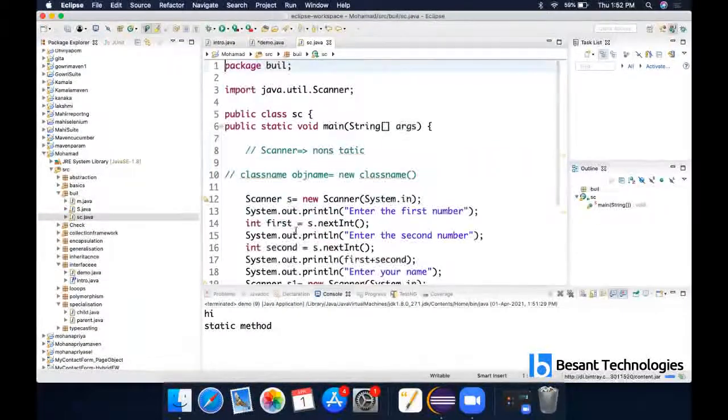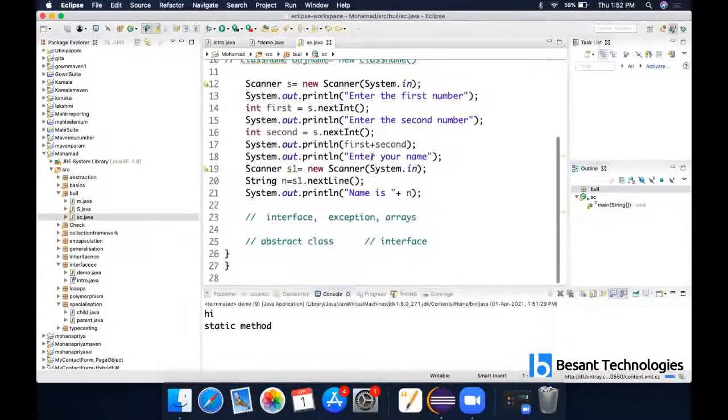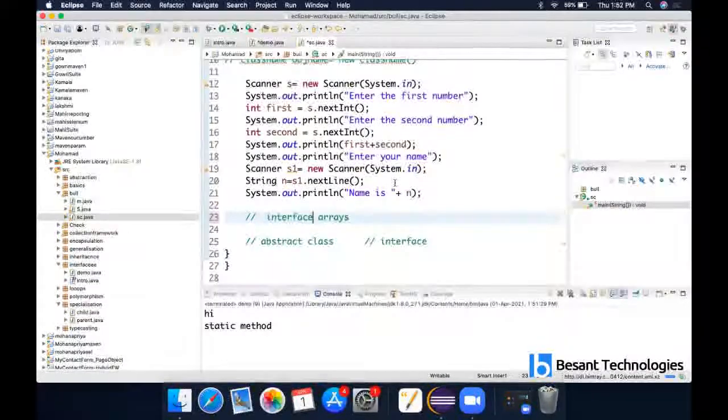So what is the remaining topic? Arrays and exception handling are there, right? We can see that in the next class. You practice this one. Today's class we have seen the Math class, typecasting, generalization, specialization, and interface. So it's a huge topic, and you have to revise all these things. Tomorrow we can see arrays and exception handling. Mostly by Monday we can start Selenium, so take Saturday and Sunday to revise that.